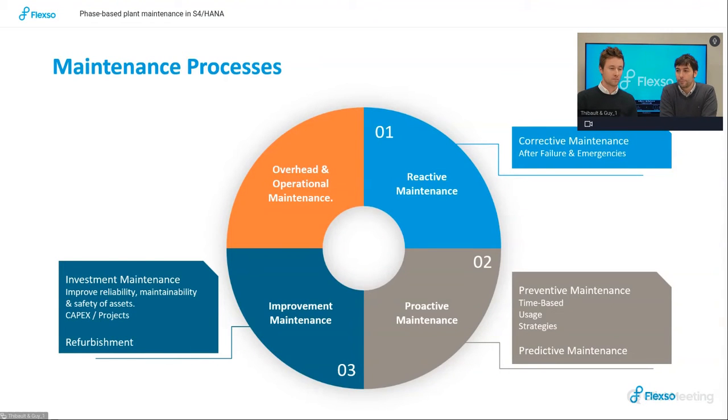The third one is improvement maintenance. This is making investments in our machines, creating new machines, installing new machines. It's also to improve the reliability and the maintainability of the assets. Just make sure that they go on as long as possible. This is mostly a capex issue, so the investment, and financially wise, it's also captured correctly, mostly by using projects or